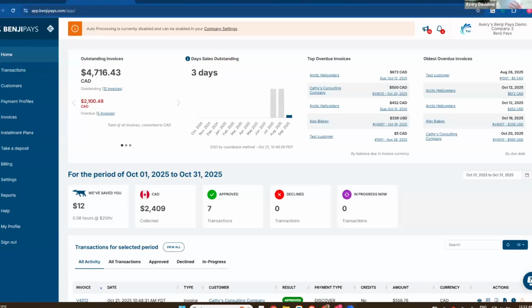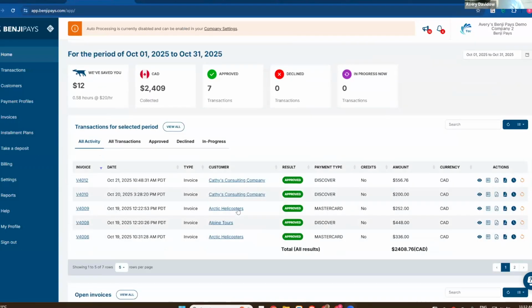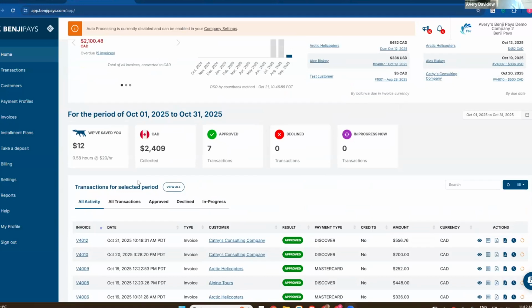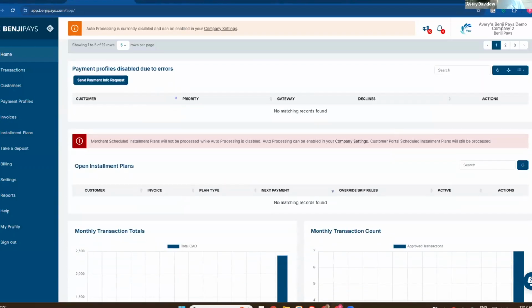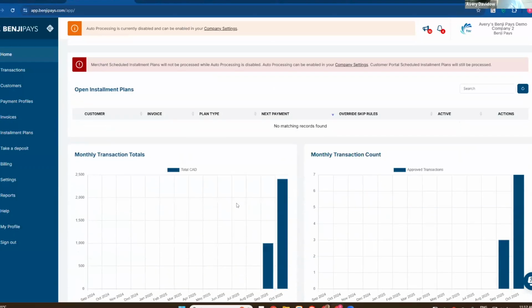This is where you as an MSP will see all of your customers and a roll up of things like day sales outstanding, how long it takes you to get paid. On the dashboard, you'll also see how many transactions you've done in the last month, how much money you've collected over the past 12 months.